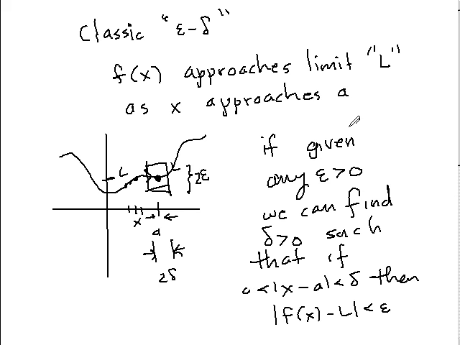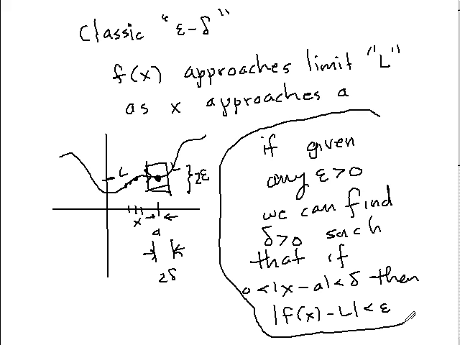And of course, we don't ever let x equal A, so we have to put that in. So this is the classic epsilon delta